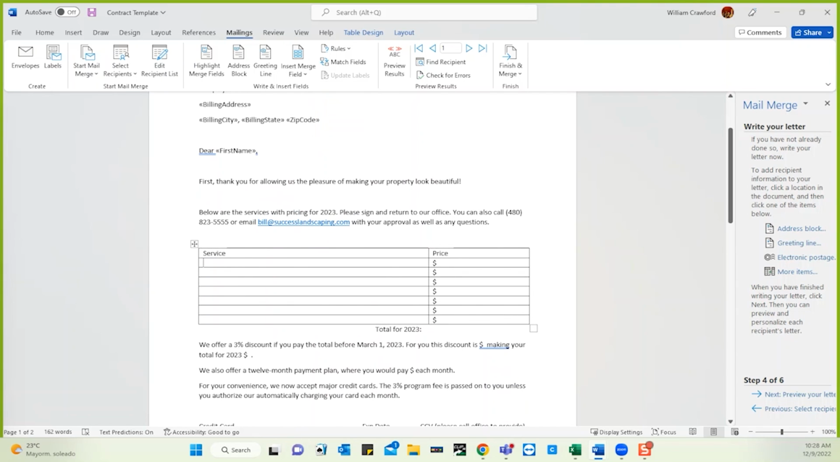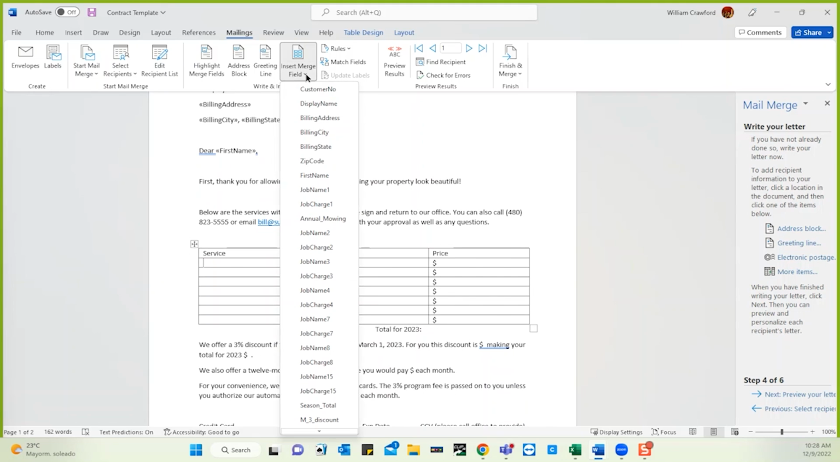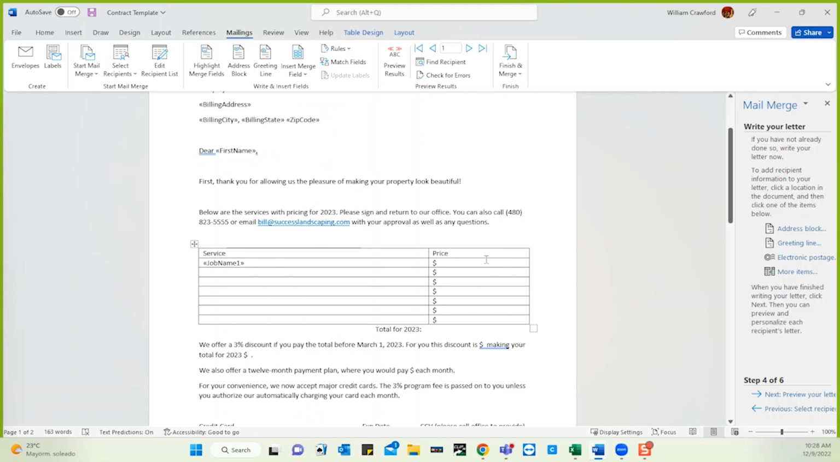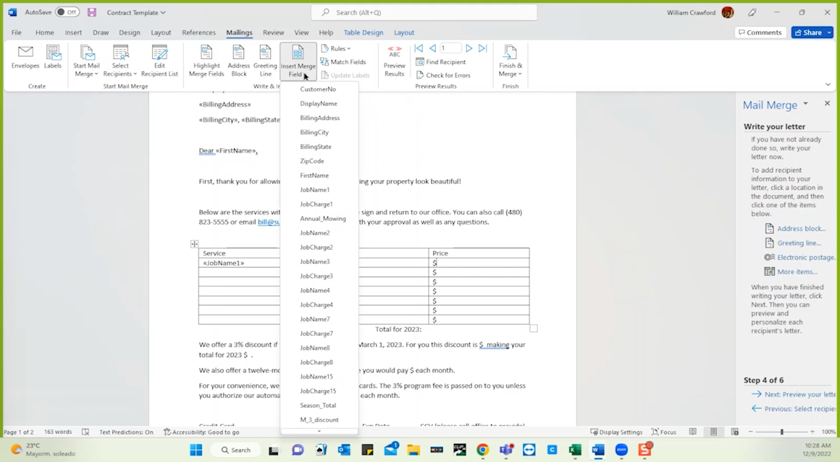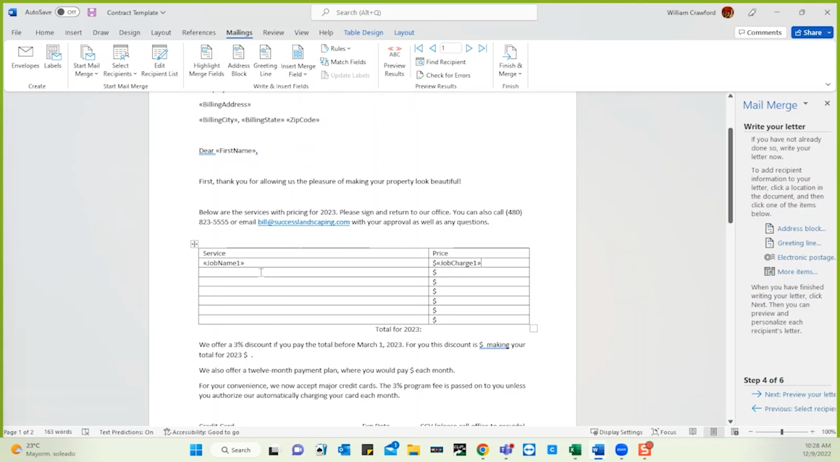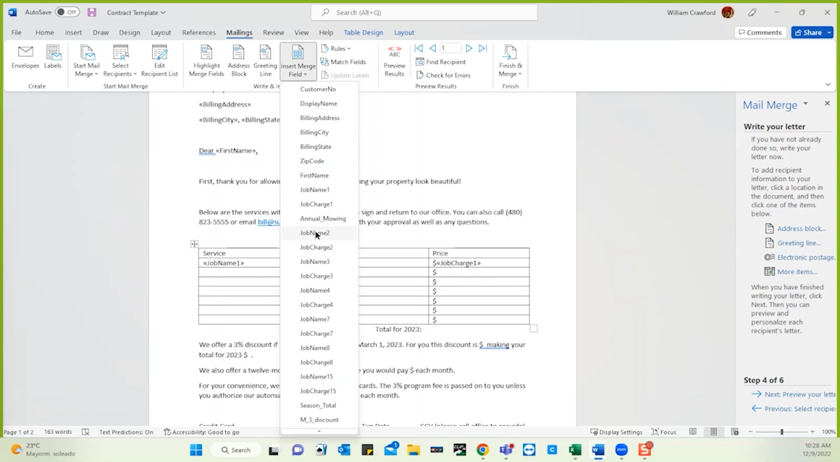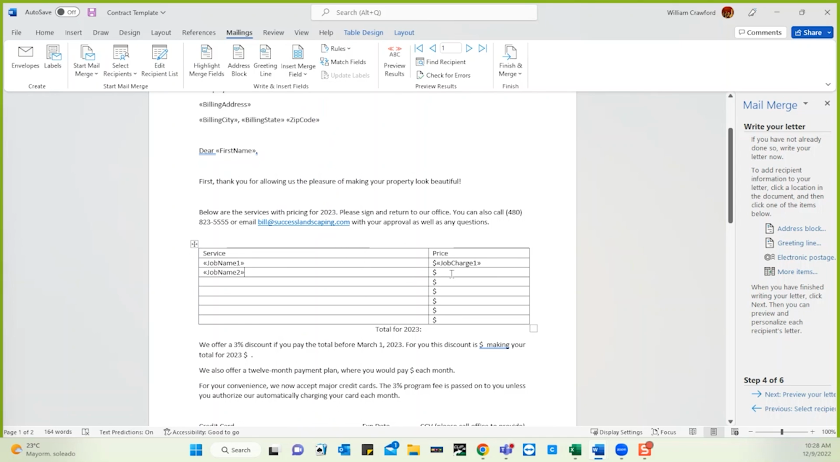So we come to service here. And again, insert merge field. And this will be job number 1. And then I want the charge. And by the way, you'll need to put dollar signs in here. They don't carry over from Excel, or at least I don't know how to make that happen. And then we do job charge 1. And then just repeat this process here. So 2